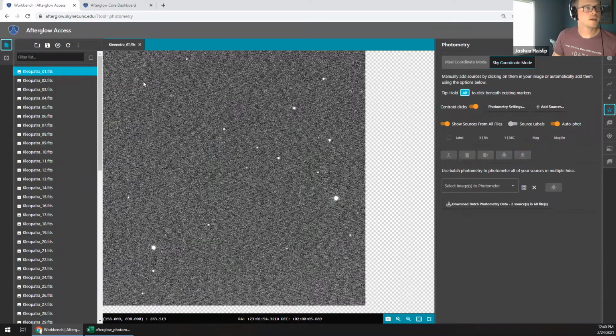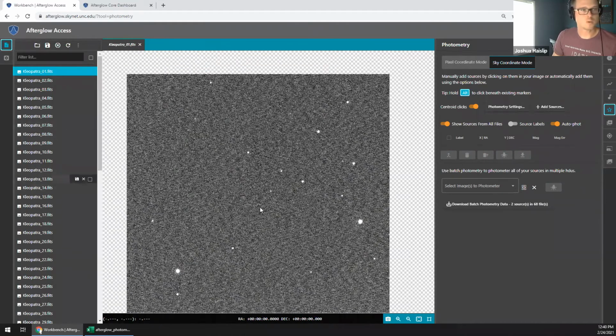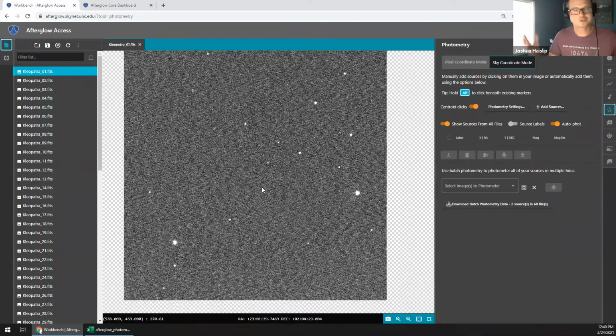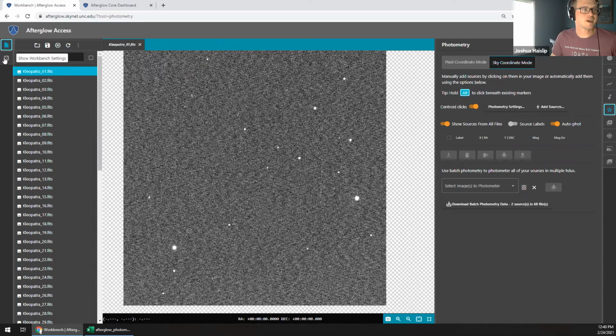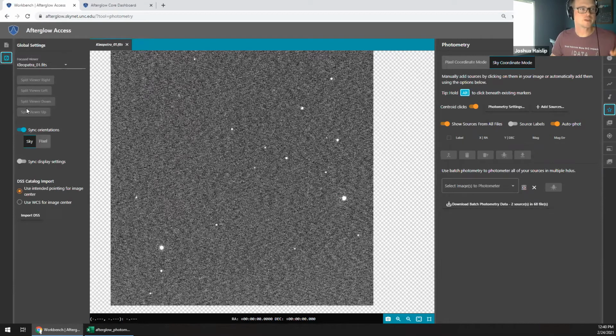But now that that data has been loaded and opened, the first step is finding where the asteroid is. There are several different ways of doing that. I will demo one of those ways, but the easiest that I have found that's not accessible, we're working on a more accessible way of doing this, is to use our import from the Digital Sky Survey. Currently, the DSS is the only place that we allow importing from, but the core actually is, we're working on the component that will allow access to a lot of different catalogs through third-party services. And so if we just